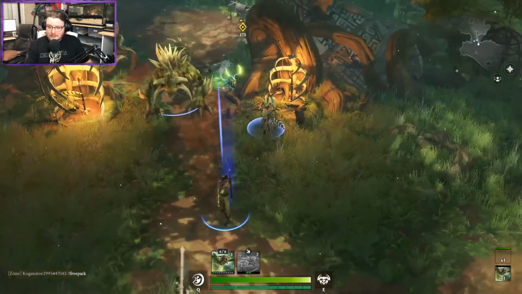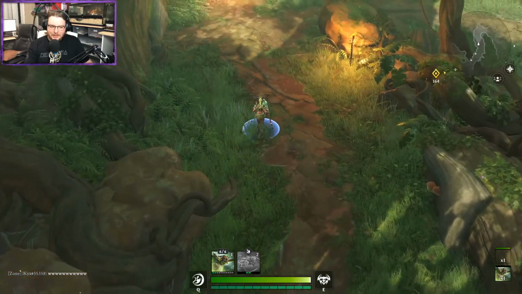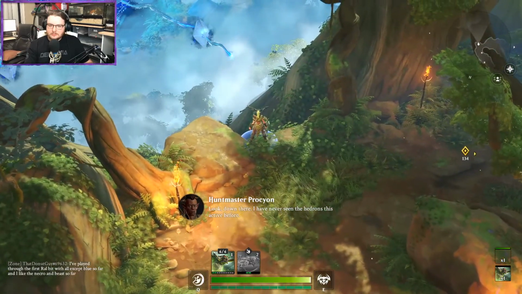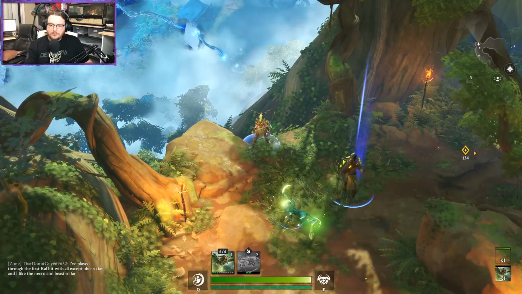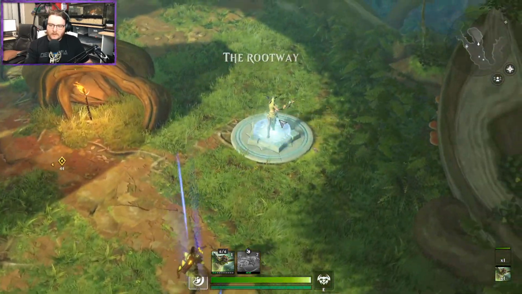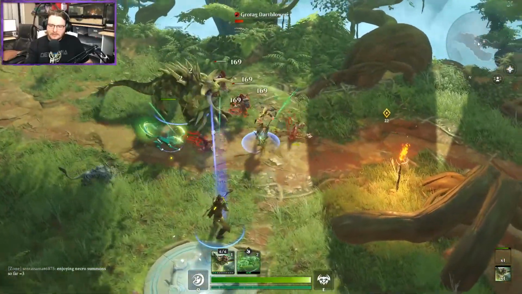Let's get a few more minutes in here. See if we can complete this chapter of the game. I'm getting some frame stutters. Look, down there. I've never seen the Hedrons this active before. Yeah, those are some pretty active Hedrons. I would really freaking love to know what this is. I'm assuming it's respawn points, but no one's telling me, so...